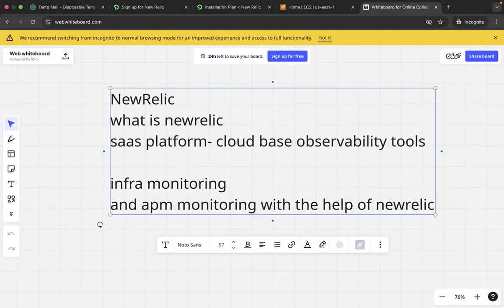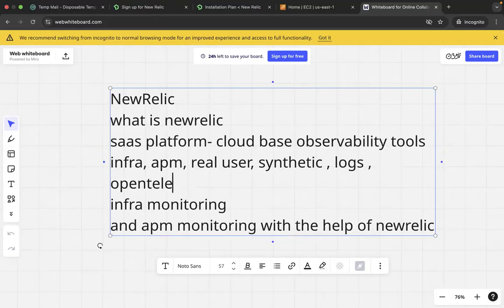With the help of that, you can monitor your infra, your APM, your real user, your synthetic, your logs, and you can ingest your data using OpenTelemetry. And many more, like cloud integrations: AWS, Kubernetes, Lambda. You can even ingest data with the help of Elasticsearch. So we have multiple integrations also. It is a similar platform to Datadog, Splunk Observability Cloud,